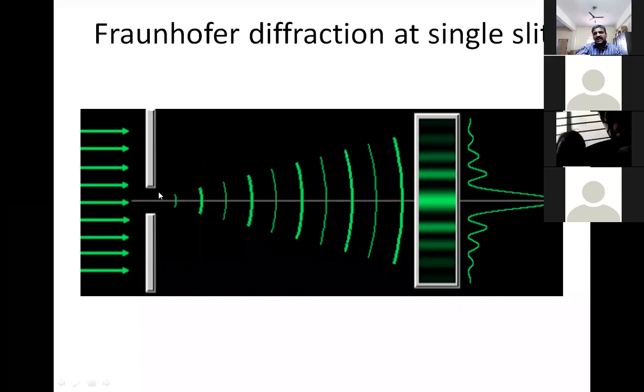Why? Because every point on the wavefront will act like a secondary spherical wave. These secondary spherical waves are going to overlap, and that overlap causes maxima and minima on the screen, right? I'm already revealing what is going to happen on the screen, but actually we have to derive this particular part. Before deriving, I'm just explaining that you are going to get this kind of pattern. Okay, so I'll move to the next slide where I'll start the derivation.